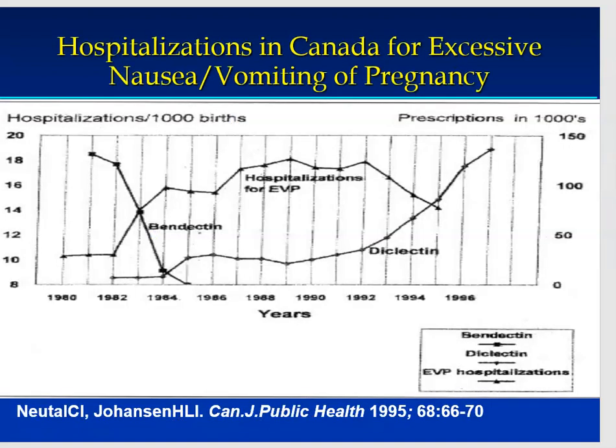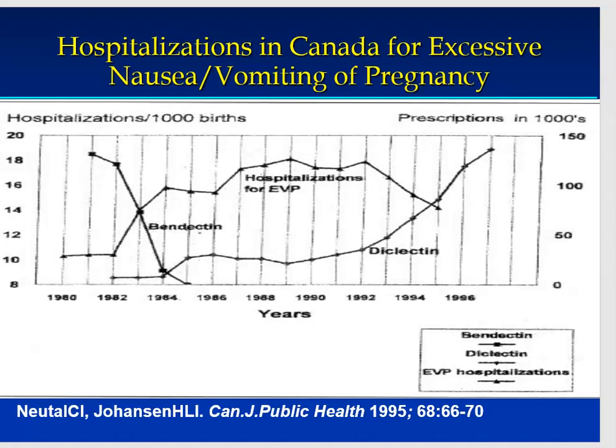And if we look at the Canada experience here on this particular graph and look particularly to the far left, you can see at the top what happened with Bendectin. In the 1981-1982 era, the use of the drug started to decline. This was probably on the basis of some of the reports that got into the press. And when it was withdrawn from the market, obviously there was a steep decline.